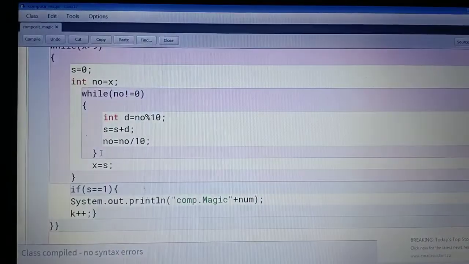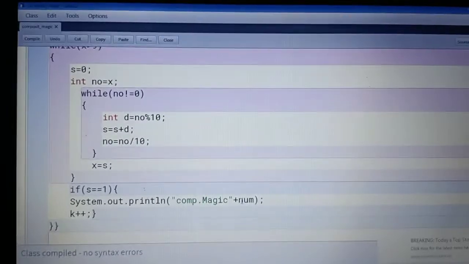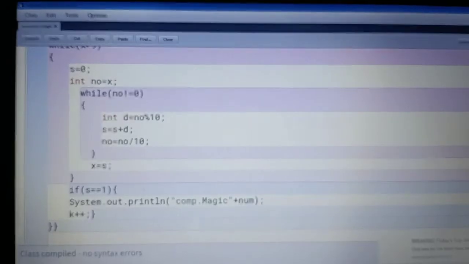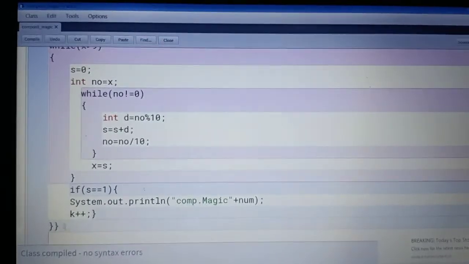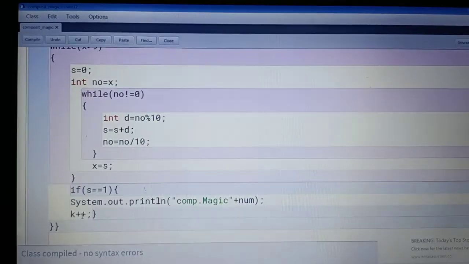After this, there is one more condition: s equals 1. If the sum value equals 1, it means your number is composite magic. And here we print our number, that is num, the original number. After this, I am taking one more variable, k plus plus. The k variable finds the frequency.